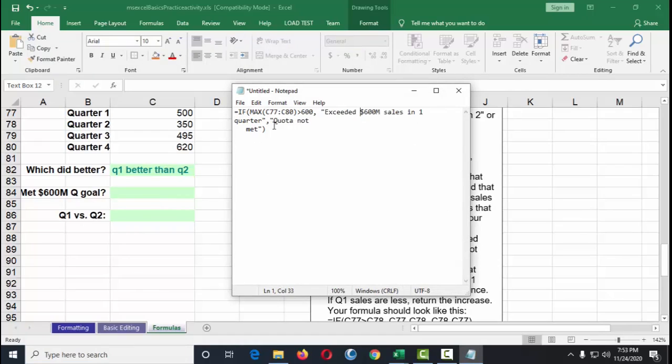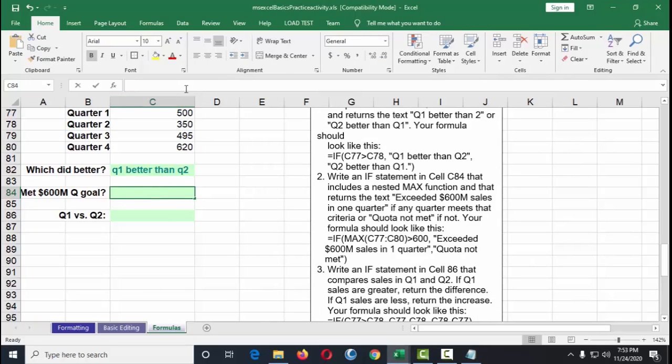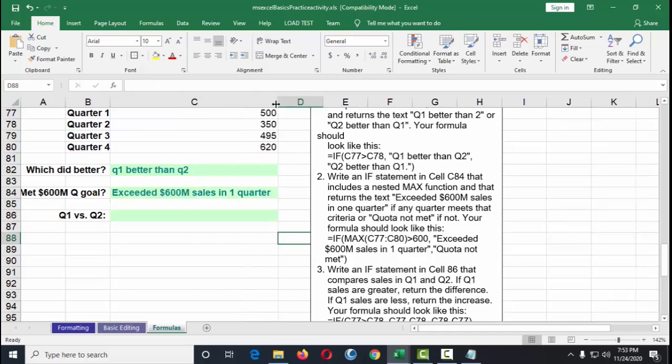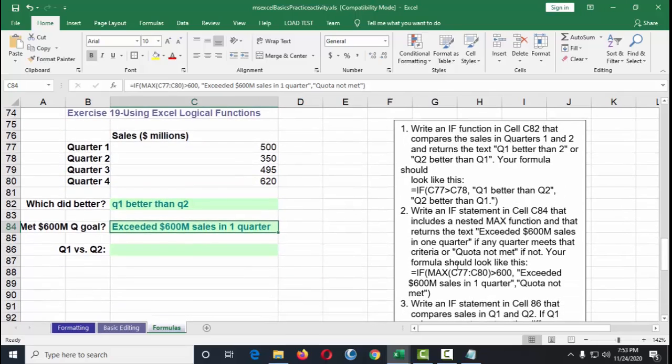That's why it generates an error. Okay, so I'll copy this and paste it here. Yeah, so that's the result: exceeded 600 M sales, because this is true.